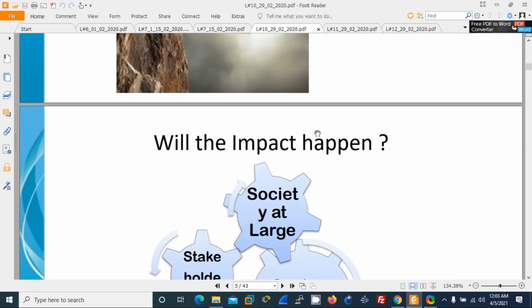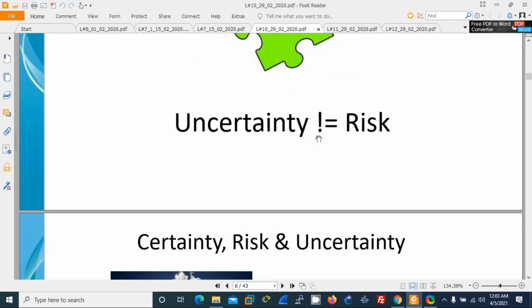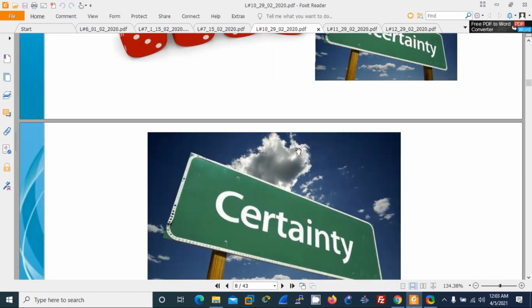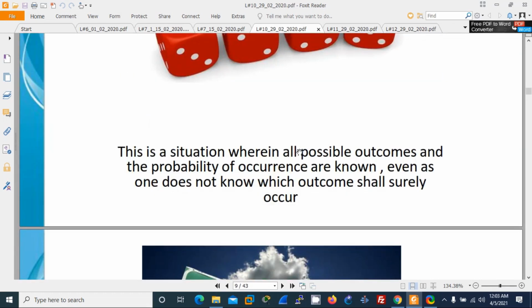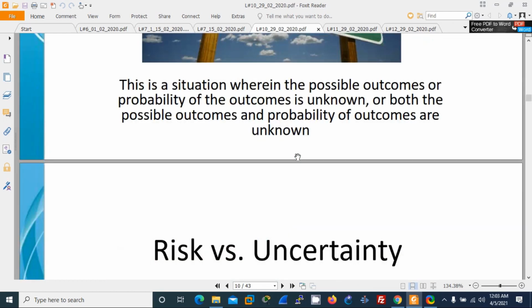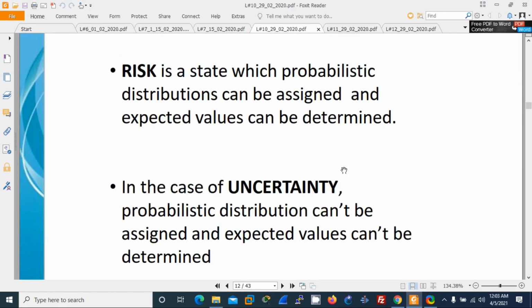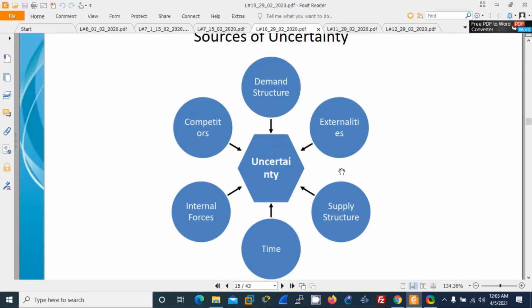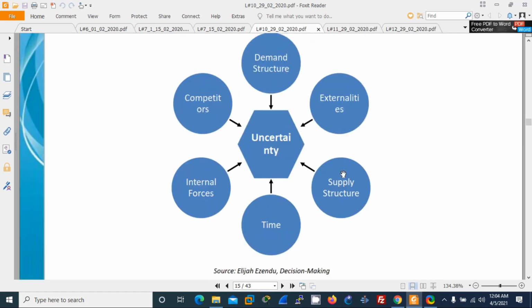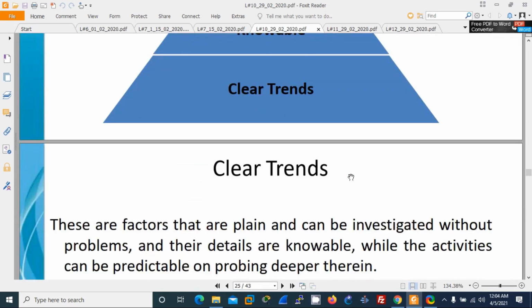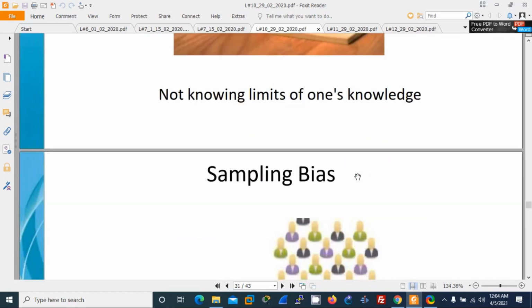risk and uncertainty. As you know, risk is a situation where we know the probabilistic distribution of the outcomes, whereas with uncertainty, we can't have any information about that. And we also discussed the parameters in industry which create uncertainty, especially demand structures, suppliers, competitors, likewise. And we discussed how to overcome them, and how the risks and further uncertainties